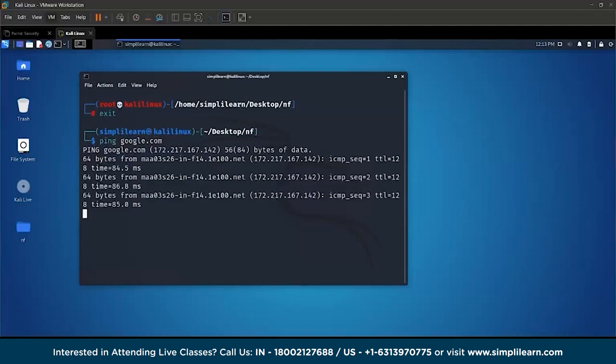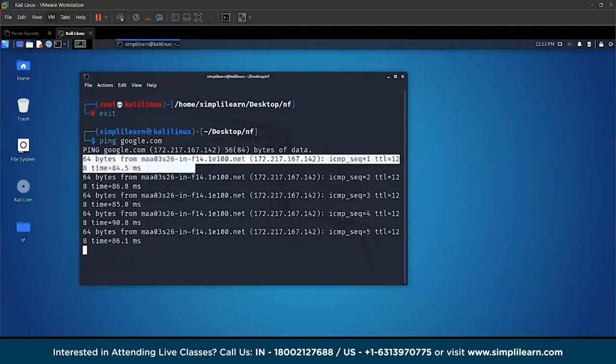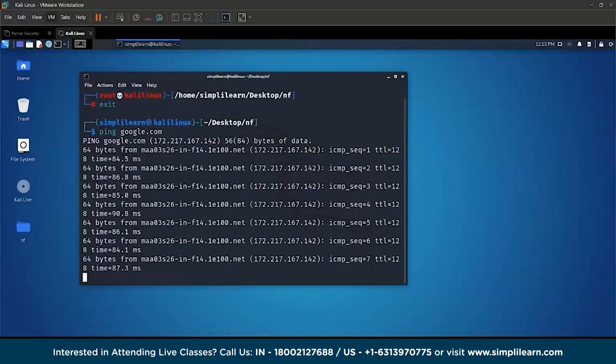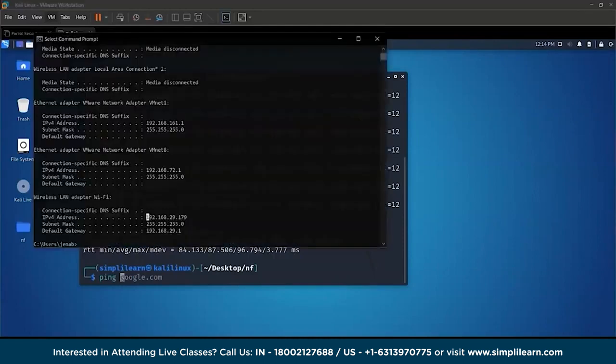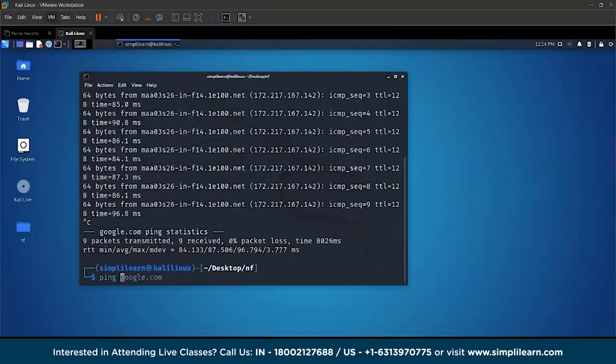and you can see it shows the bytes being sent and received and how much time it took to complete the request. This can be done for local systems as well. For example, this installation of Kali Linux is being run on a virtual machine. Once this machine is running, I still have my host machine running over here, the IP address of which is 192.168.29.179. If I try to ping this from here,